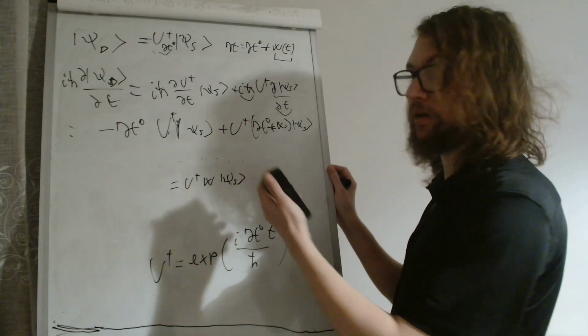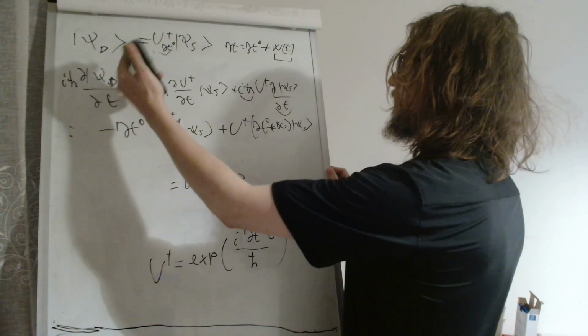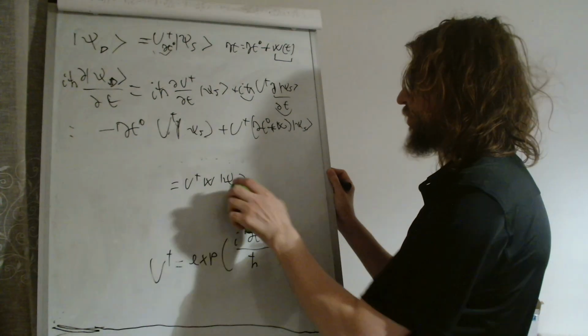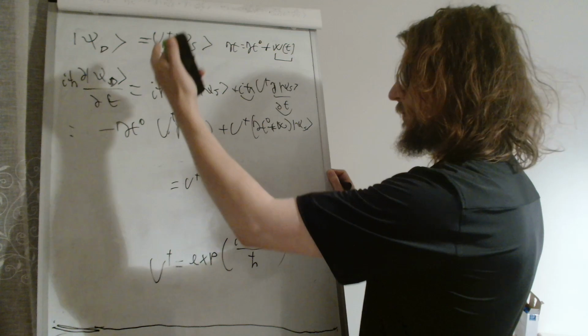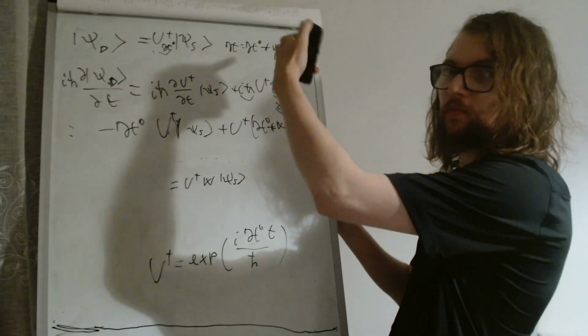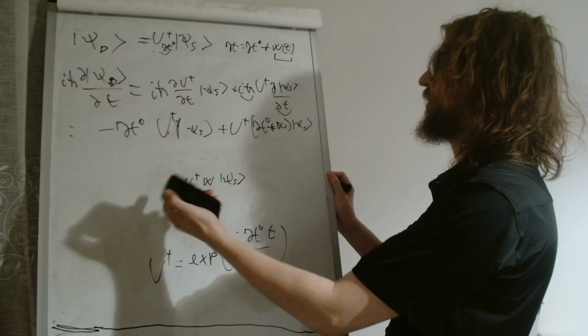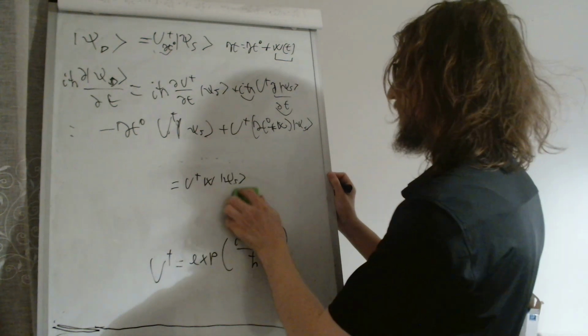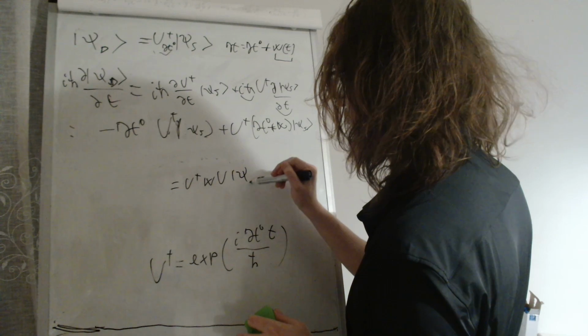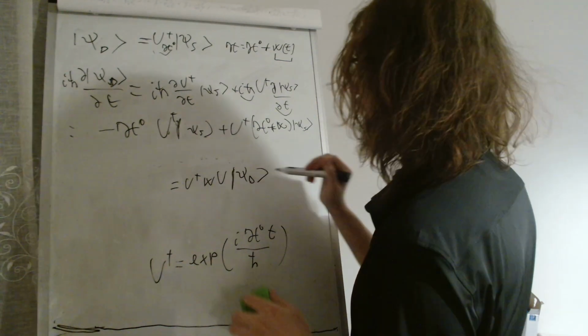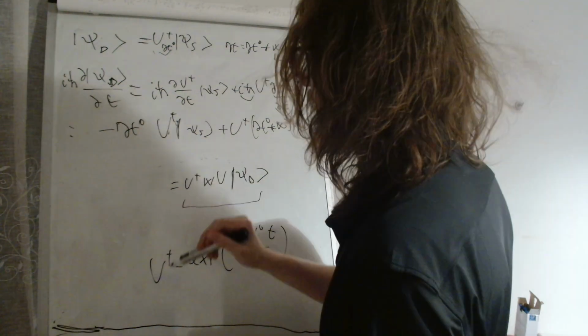We want to find an equation for psi_D, so we want to write psi_S in terms of psi_D, and if psi_D is U dagger psi_S, then psi_S is U psi_D. So I write U psi_D, and now we have our equation